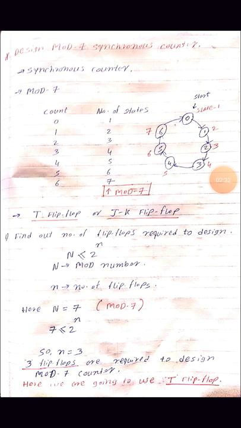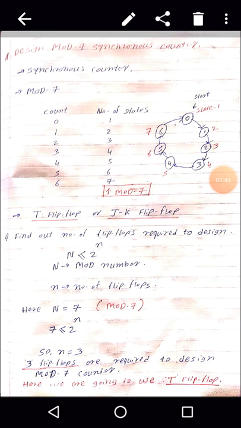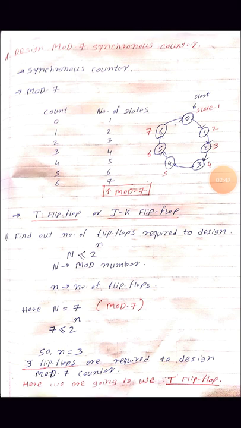As shown in the diagram, starting point at 0: 0, 1, 2, 3, 4, 5, 6, and it will start again from 0. Now is all clear regarding the mod 7? Here we have to count from 0 to 6, and the number of states is a total of 7 different states. Now first step,